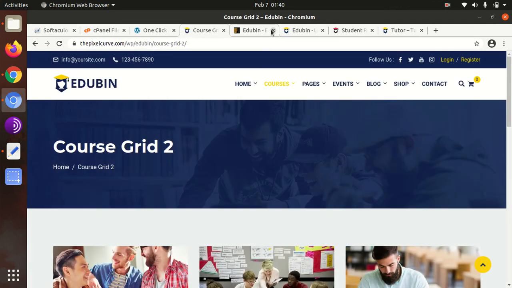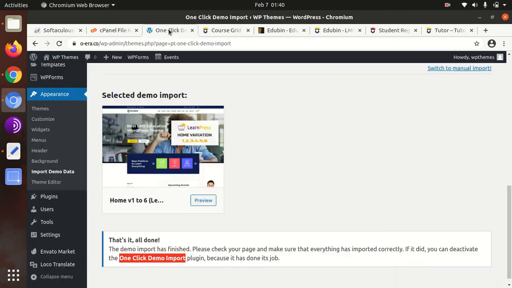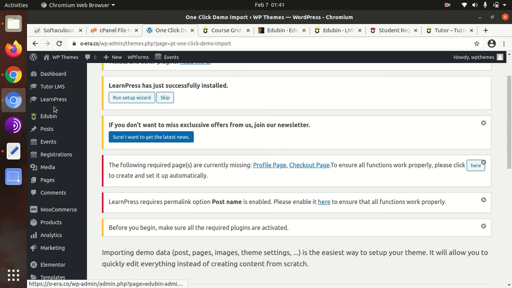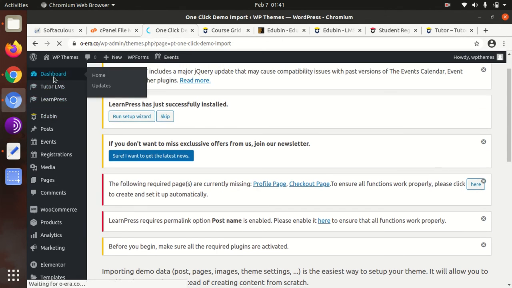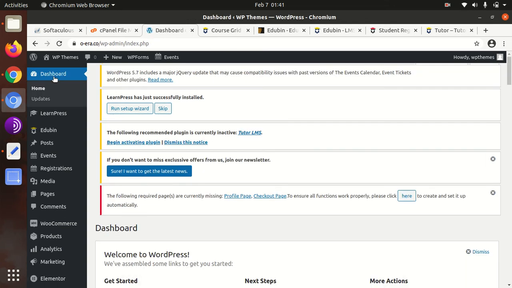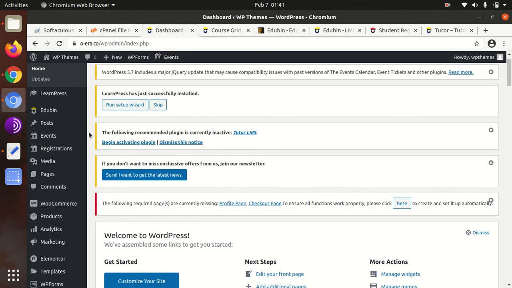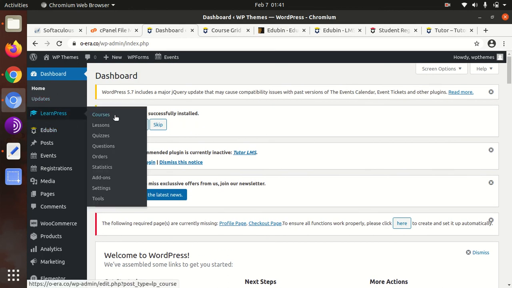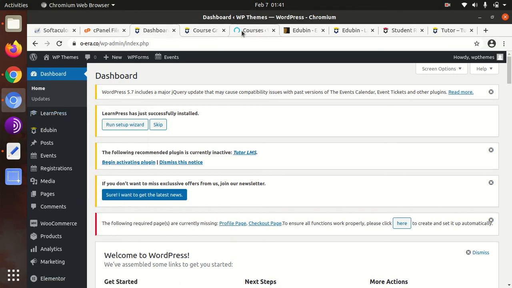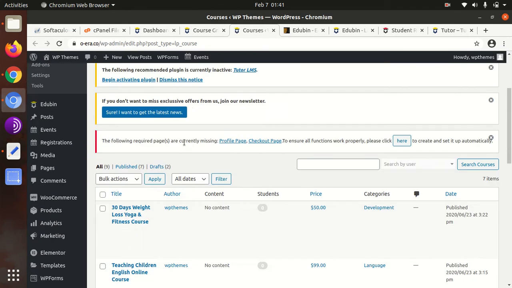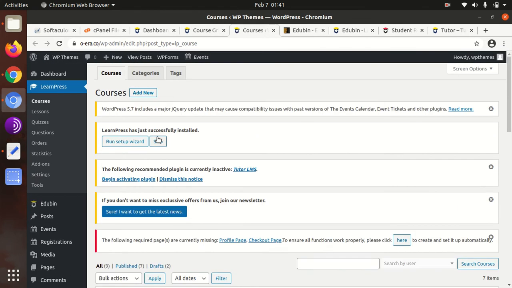And now since we have completed the installation, I'll show you the WordPress panel, what we got additionally in the installation. And after that, I'll show you the basic customization options of pages, how you can update the content and all such things. Let us check. So LearnPress is additional, and you can manage courses from LearnPress. And these are the courses. You can add courses, course categories, tags,